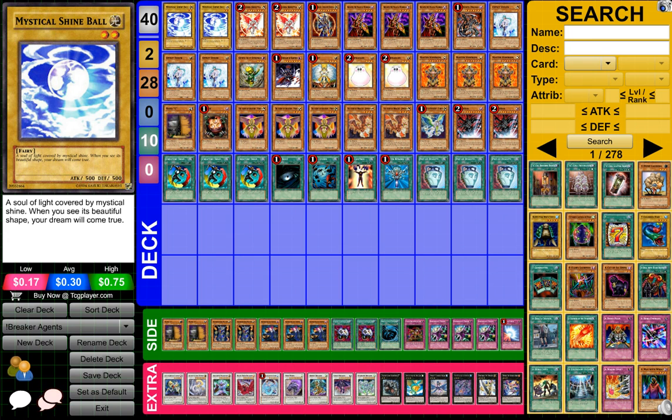Hey, what's up guys? So we're going to be doing a deck profile for Breaker Agents. This is going to be a budget variant because it is kind of like a budget deck essentially, and it did kind of get hit by the list, so some of the things here, I just wish Earth was at 3 really. But anyway, let's get right into the deck, and I'll explain some of my choices, as well